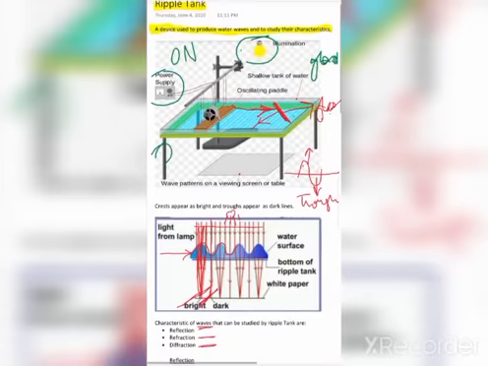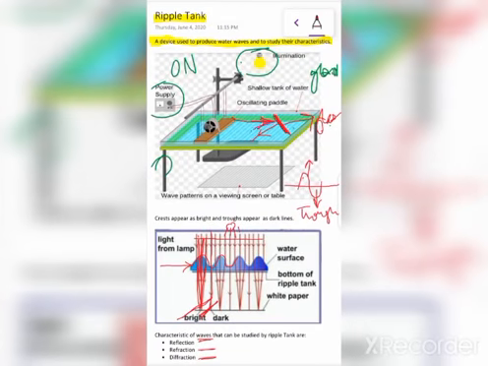Let's draw a normal line here so that we can see whether this angle of incidence is equal to the angle of reflection or not. And how can you see it? You will get a shadow of this second medium on the screen. You can measure the angle of incidence and angle of reflection from this. This will be the normal line, this will be the direction of reflected waves, these are the incident waves, these are the reflected waves. So the angle of incidence must be equal to the angle of reflection here.